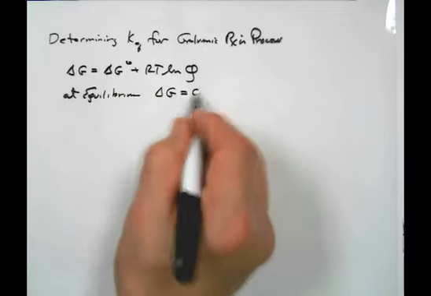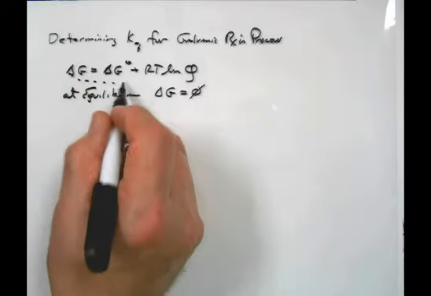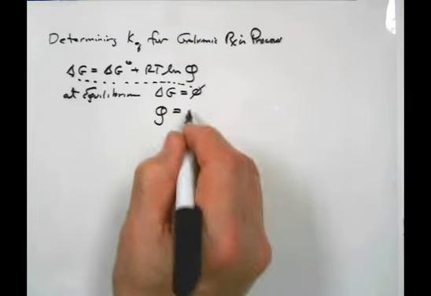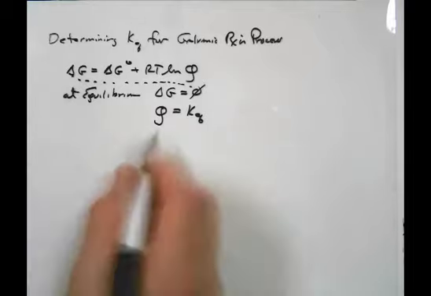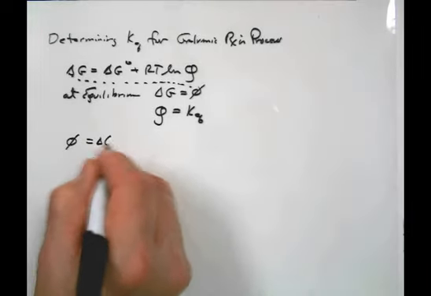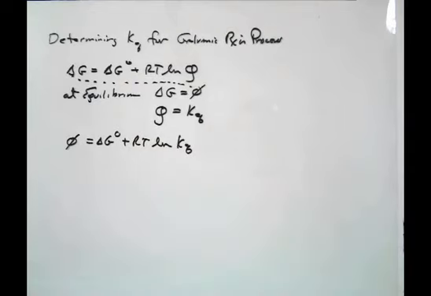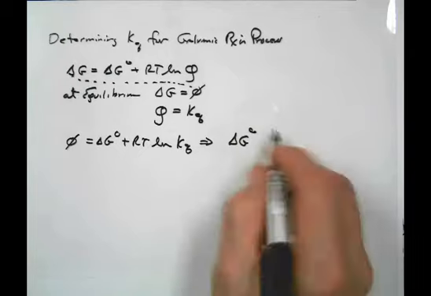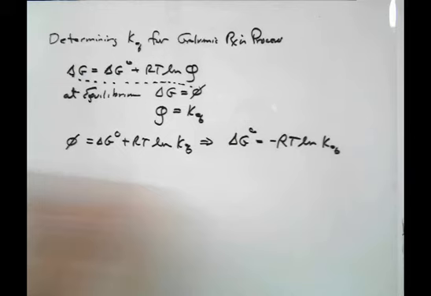delta G equals 0. So I'm going to put that 0 right here in the front end of this equation. And Q will then be equal to KEQ, whatever your equilibrium constant is, because we're at equilibrium. So substituting that in, I have 0 to equal delta G naught plus RT ln of K equilibrium. And then this becomes delta G naught at standard conditions minus RT ln of K, whatever the equilibrium constant is. It can be a Kc